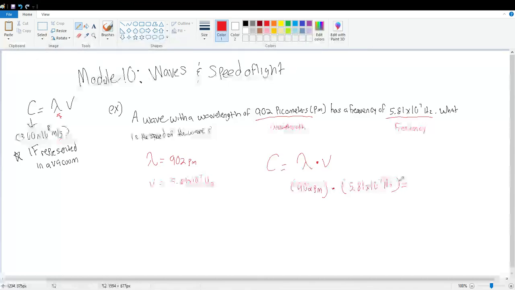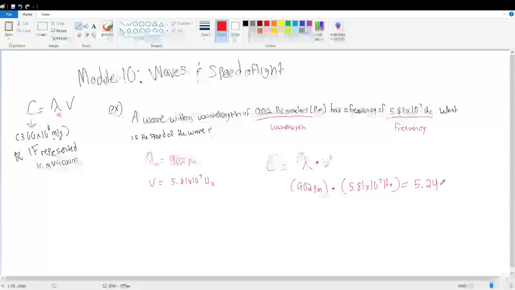So in this explanation, I'm just gonna plug in. We'll go from there. So wavelength is 902 picometers. Frequency is 5.81 times 10 to the 7 hertz. So let's multiply that, and we should get a value of